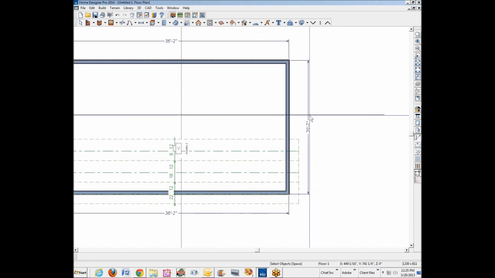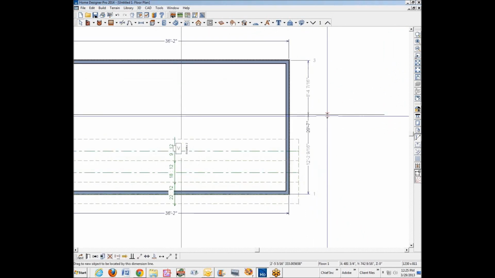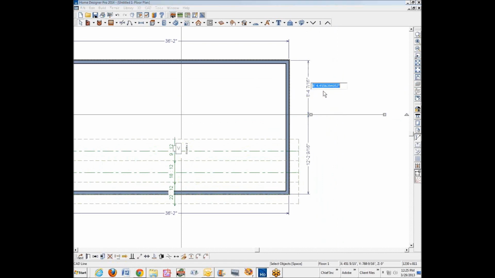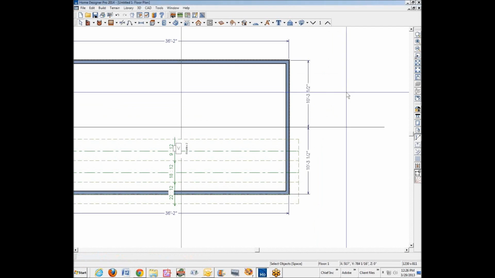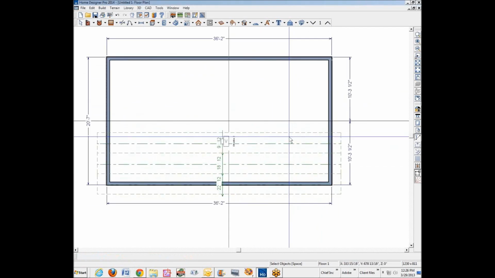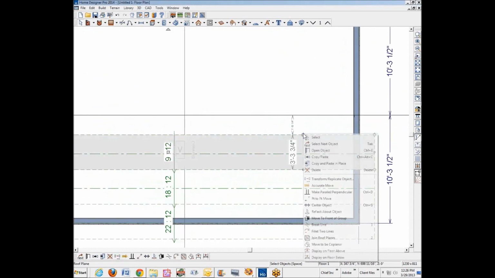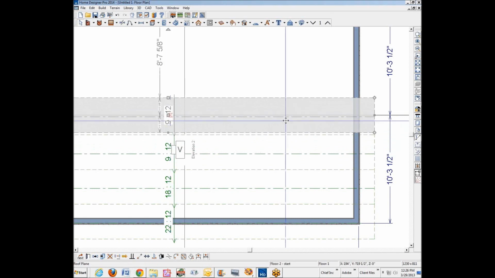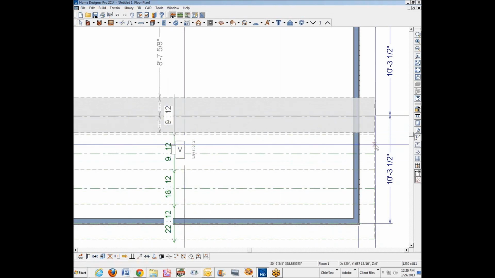Okay, it's 20'7". 20'7", that'd be 10 foot 3.5. 1, 2, 3.5. Yeah, okay, so there's the center. I'll copy paste in place and then drag this up and then use point to point